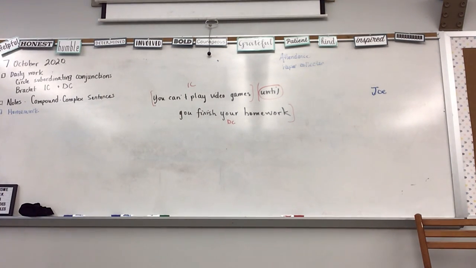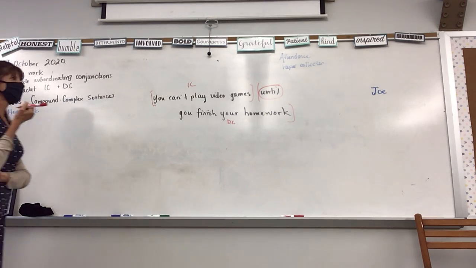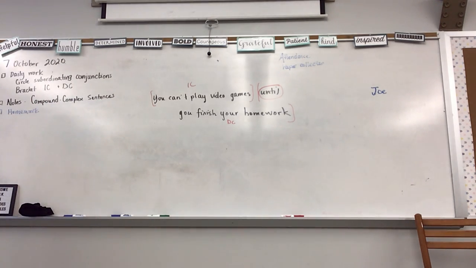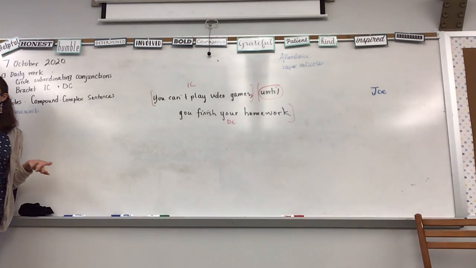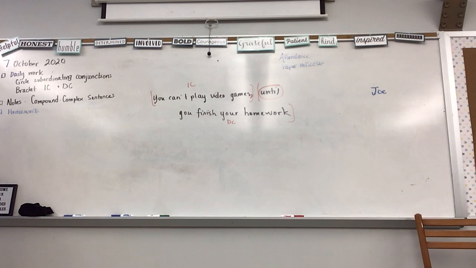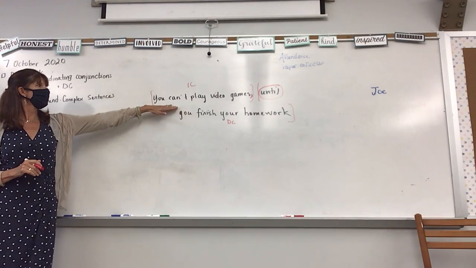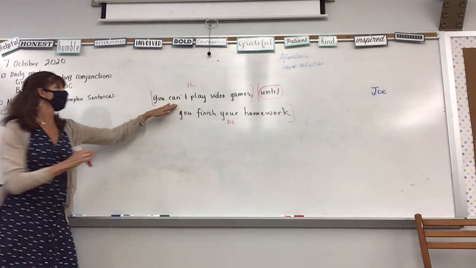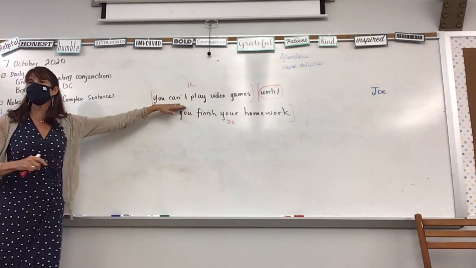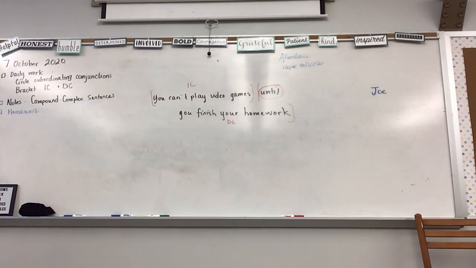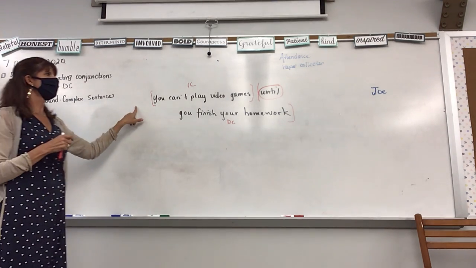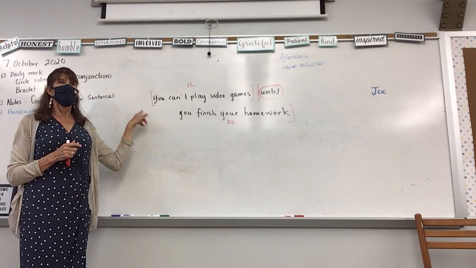Now, I also want to talk about punctuation. Spencer, do you see any missing punctuation from this sentence? Comma after games. Okay, can anybody tell me why we have a comma after games? Raise your hand if you can tell me. It's a conjunction. It's separating two clauses. Okay, what kind of clause is this at the beginning? Independent. Okay, it's independent. Wait a second, I'm sorry. If this is independent at the beginning, there is no comma. And the dependent is at the end, there's no comma. Okay? So typically you'd have a comma to separate, but only if the dependent clause is at the beginning. Like, until you finish your homework, comma,